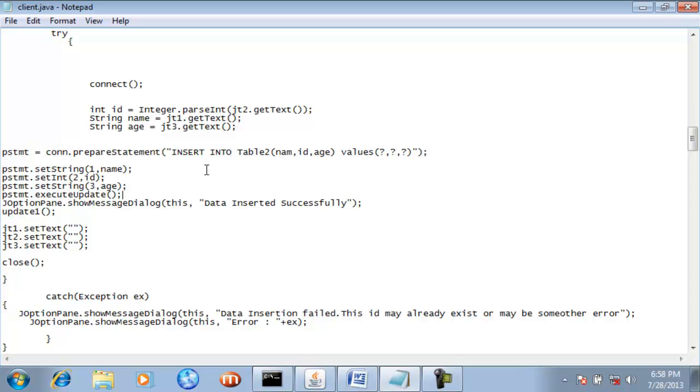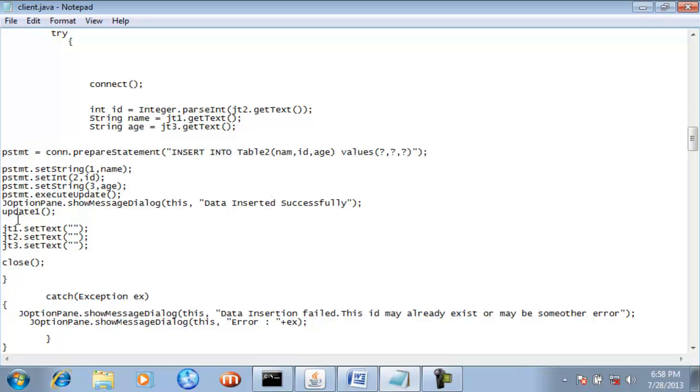But if you want a long time for the execution of your SQL query in the MS Access database, then you will use the Statement class object. So this is actually the real difference between the Statement class and the PreparedStatement class. So guys, after the execution of the SQL query, you will receive a message that data inserted successfully.